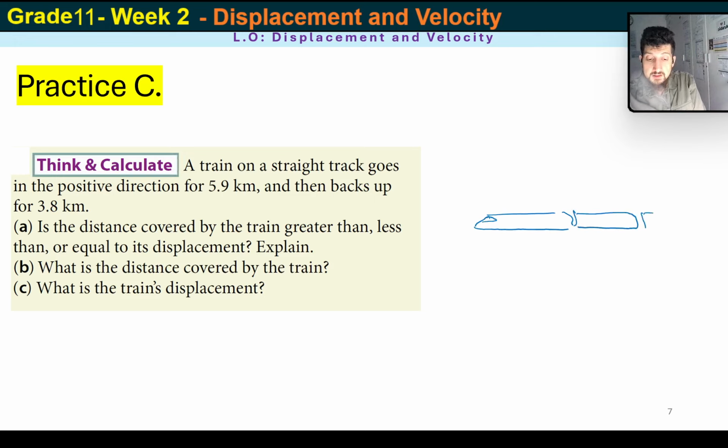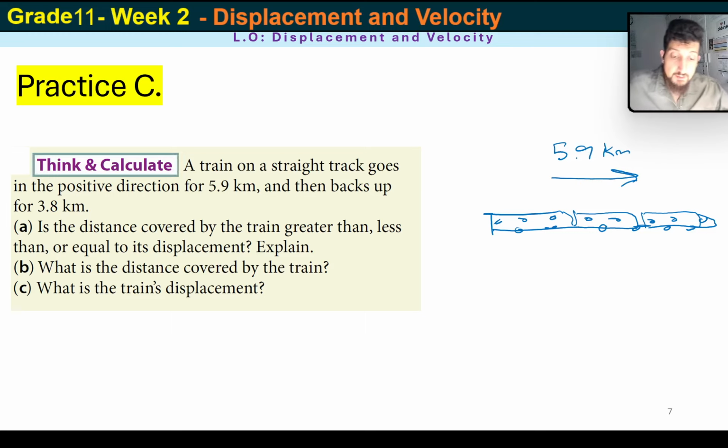So what I'm going to do is draw it the other way, because I think students are used to the positive x direction in maths and stuff. So this might make it a little bit easier. So it's going that way, and it's going that way for 5.9 kilometers. Okay? And then backs up, and then comes back